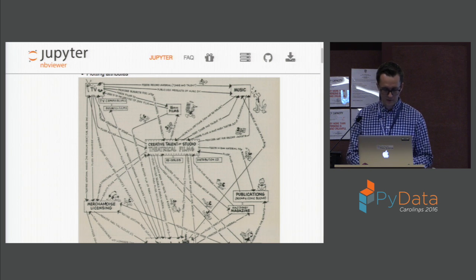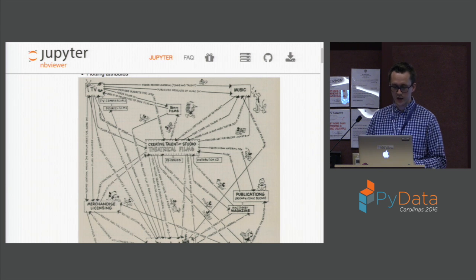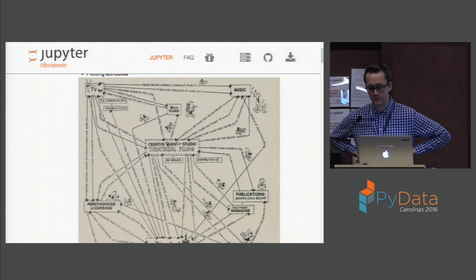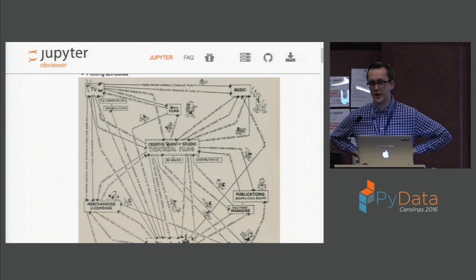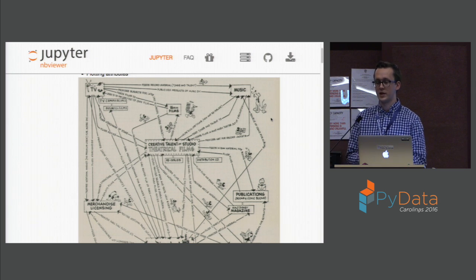So here we've got, my favorite one is merchandise licensing exploits films, and it leads to the theatrical films. So this graph was laid out by a human, and a human has several advantages over a computer in laying out a graph. One of the things that I like that this graph does is it uses these bendy edges. If those didn't exist, you would have a ton of overlapping edges and you would not be able to convey this